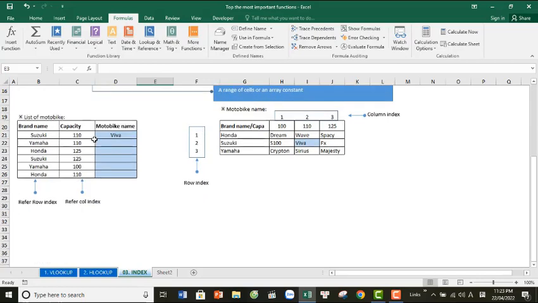And look back at the example in the list of motorbike tables. You have to look up the motorbike name from the motorbike name table here, or in other words, you have to copy the value from here to here based on the brand name and capacity. And in order to do that, you need to do it step by step as below. From D21 you can press INDEX,